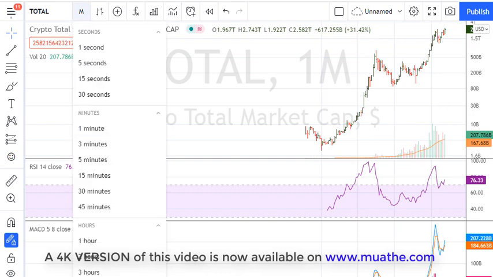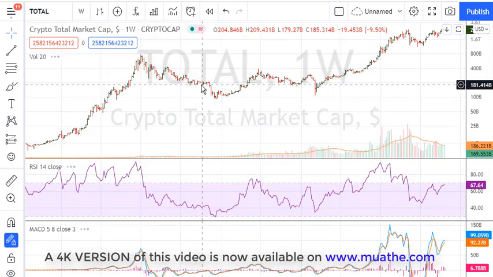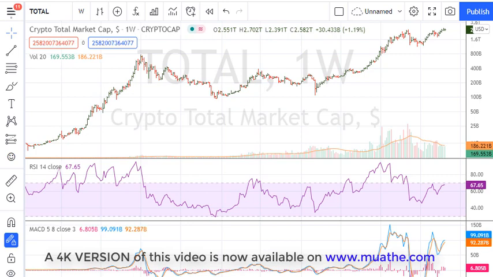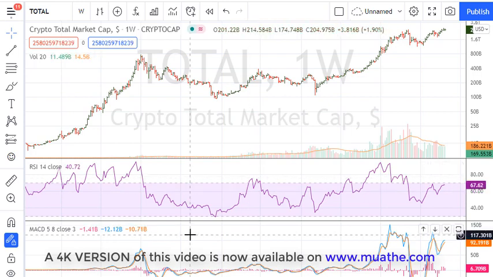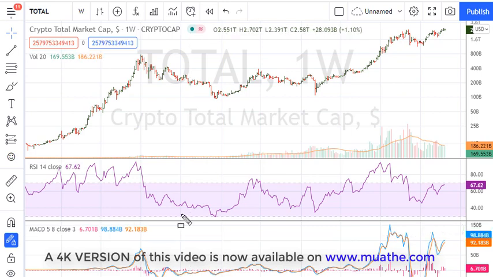Now, having said all that, let's go to the weekly. And on the weekly, I want to draw a trend line here that I believe is what the market is in focus on, or what the market is focusing on at the current moment. Now, to understand this, I'm going to explain another concept here as a way of drawing RSI trend lines. And it is this area right here.